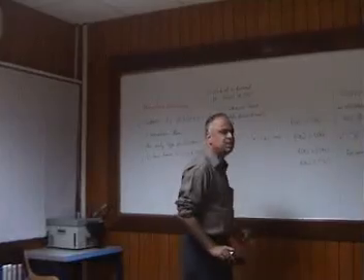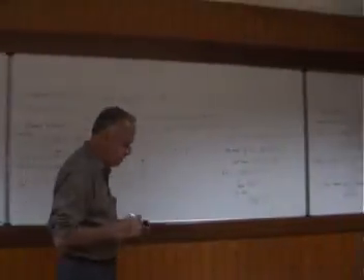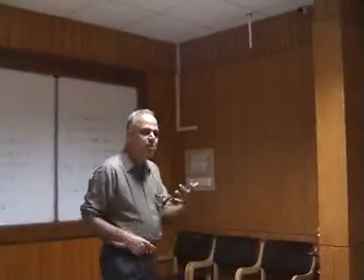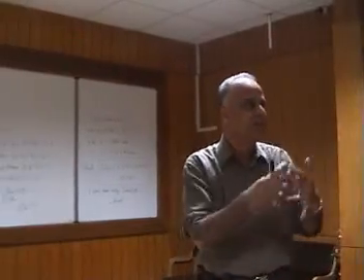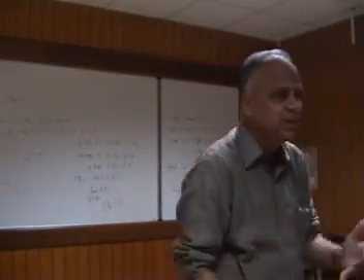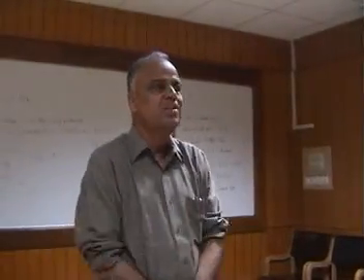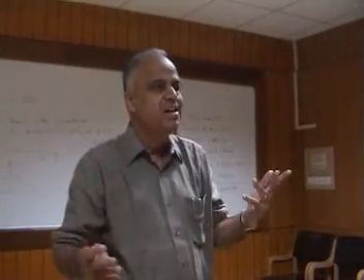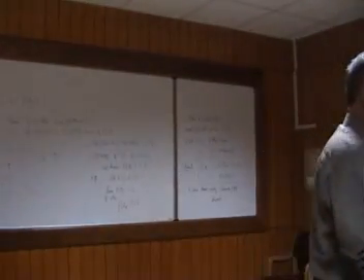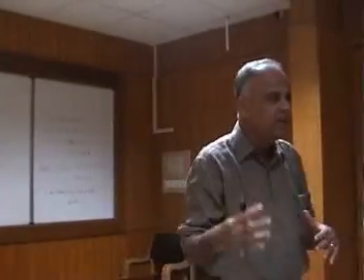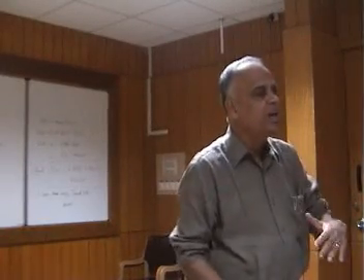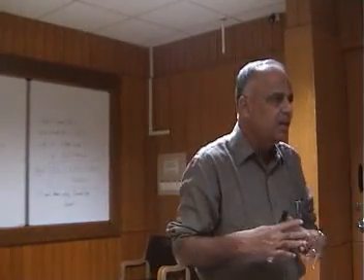See, how many ways can discontinuity take place? One, the left limit does not exist. In that case, there is no question of continuity at all. Or the right limit does not exist. In that case, again, there is no question of continuity at all. Or the left limit and the right limit exist, but they are not equal. The fourth type is the left and right limits exist, they are equal, but they are not equal to the value of the function.